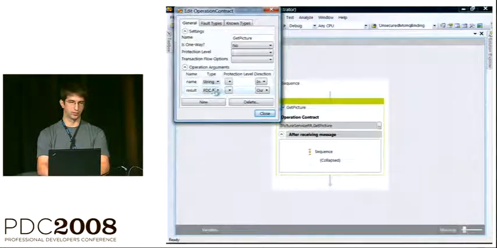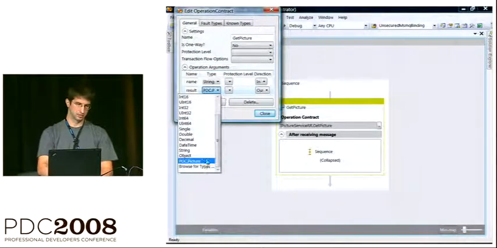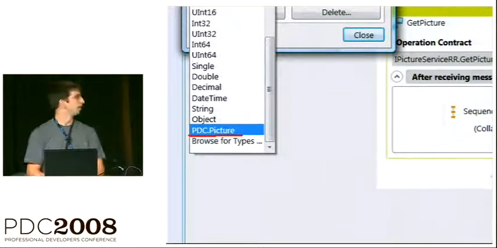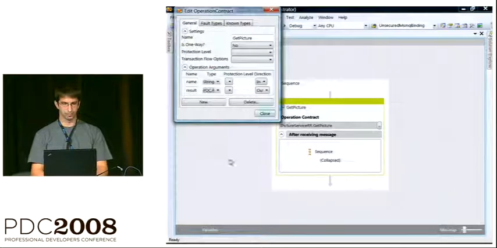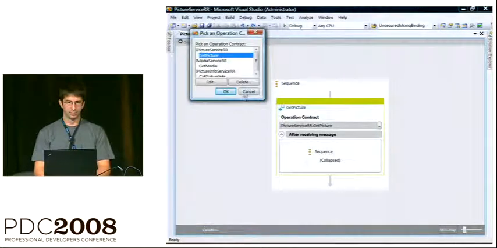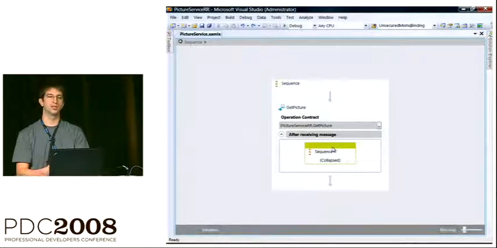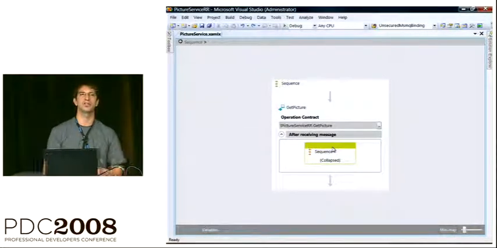I can blow that out for you. Here we are. PDC picture is the thing that we're returning as the result for this getPicture operation.